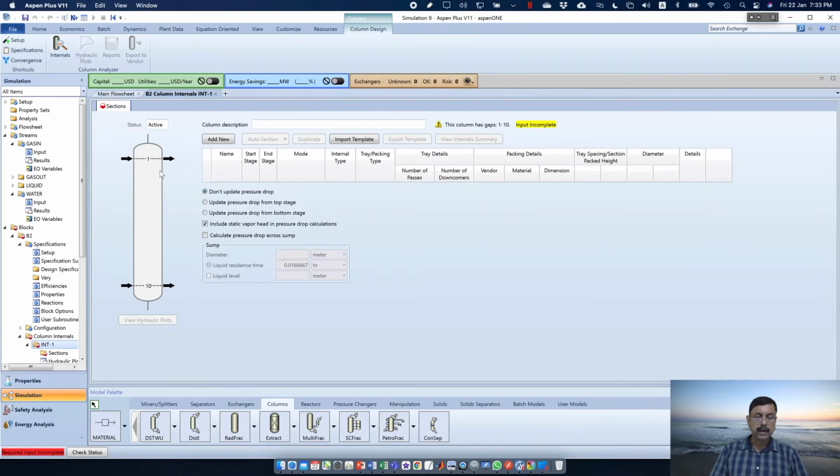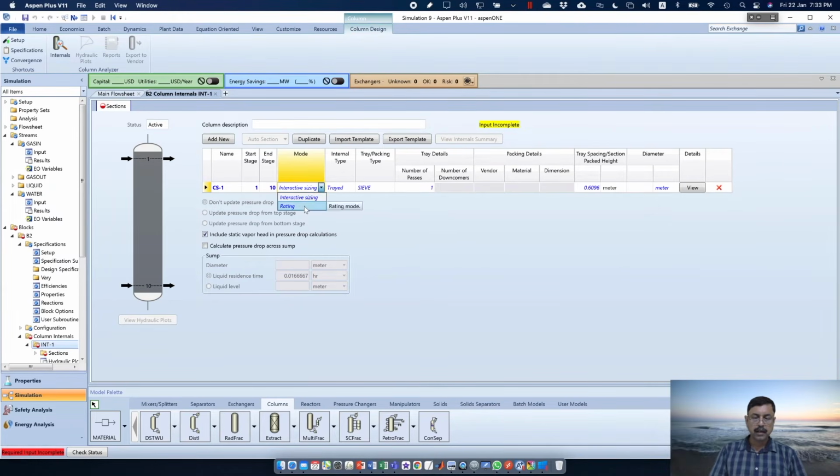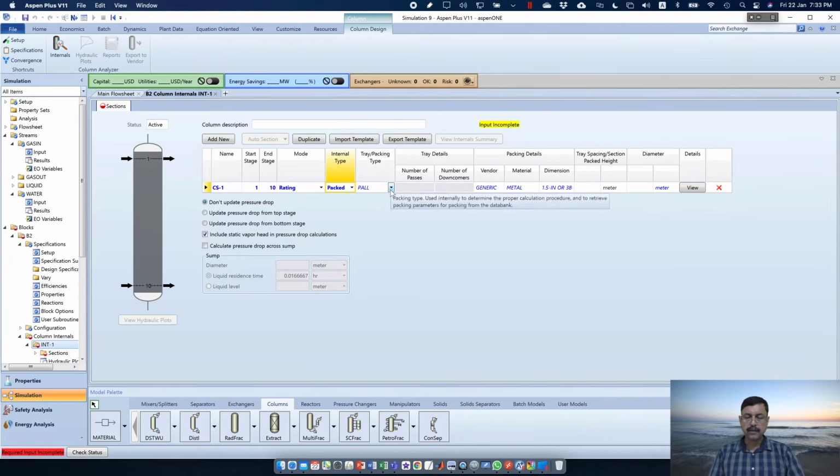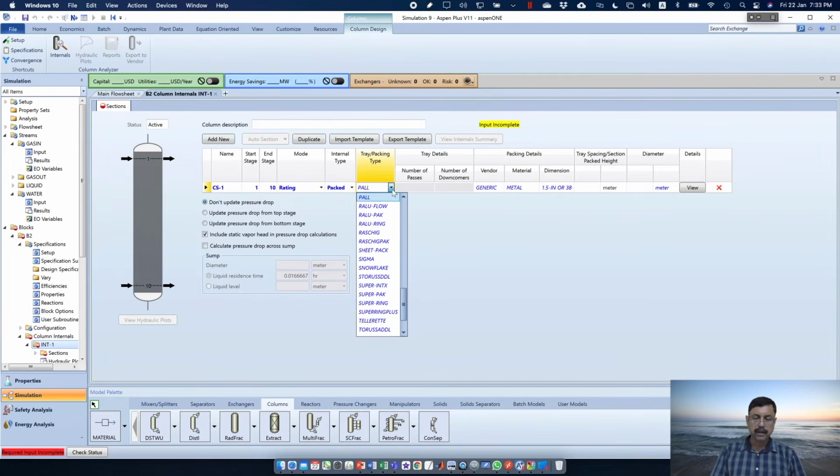So it is again 1 to 10 stages. Add a new section. Starting stage is 1 and end stage is 10. It is rating, internal type packed, packing is Raschig ring, 1.5 inch Raschig ring, generic vendor, ceramic material. So we say Raschig ring,